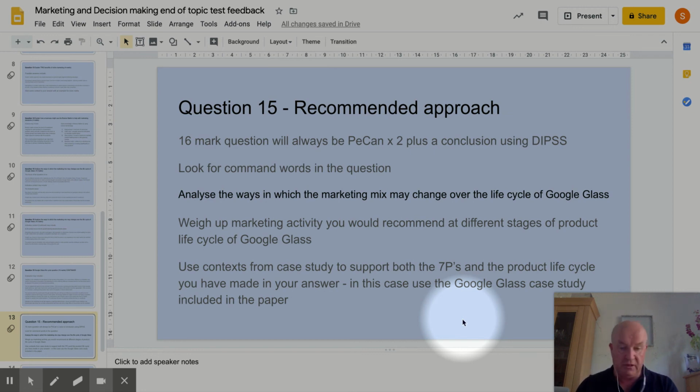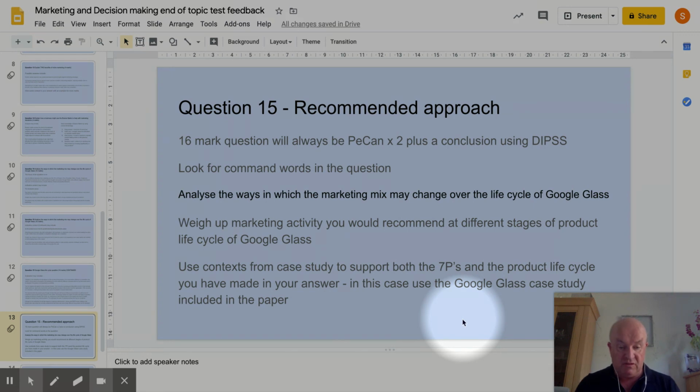You should be familiar with that, but we'll come back and look at that in a minute, okay? Now, first things first, we need to look at the command words in the question. We've been asked to analyse the ways in which the marketing mix may change over the life cycle of Google Glass. So we've got to analyse and demonstrate that we understand what the marketing mix is, and also how those things within the marketing mix might change over the product life cycle